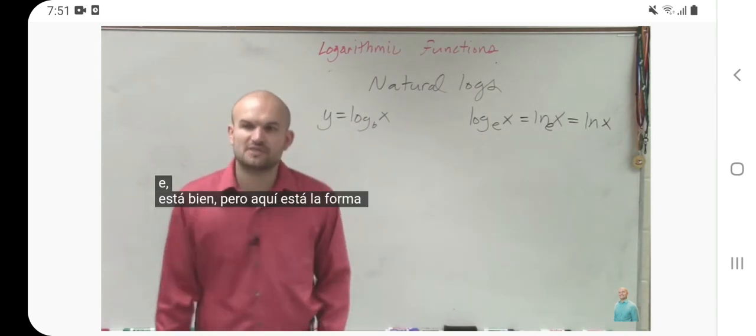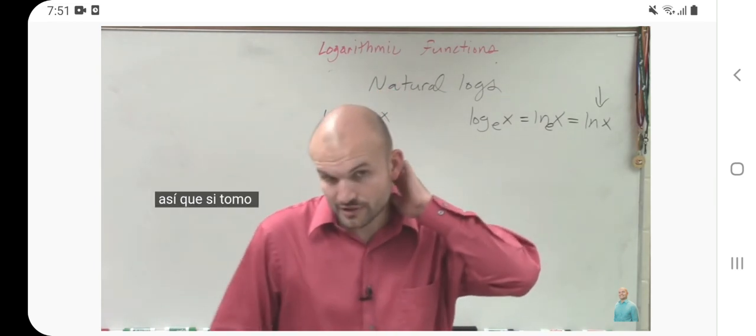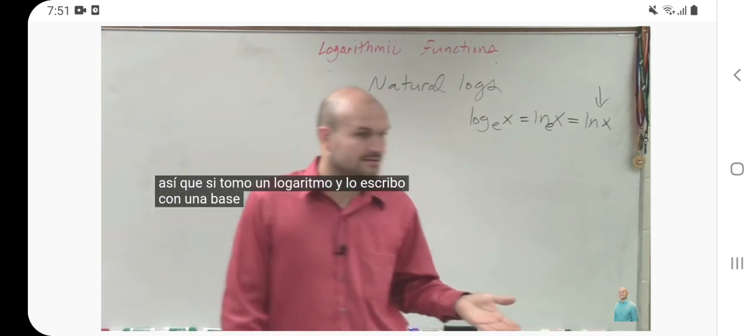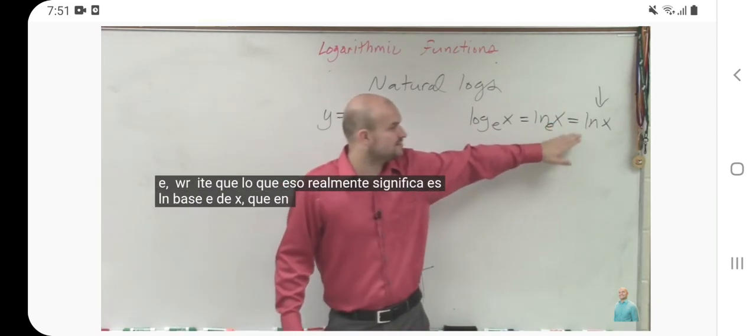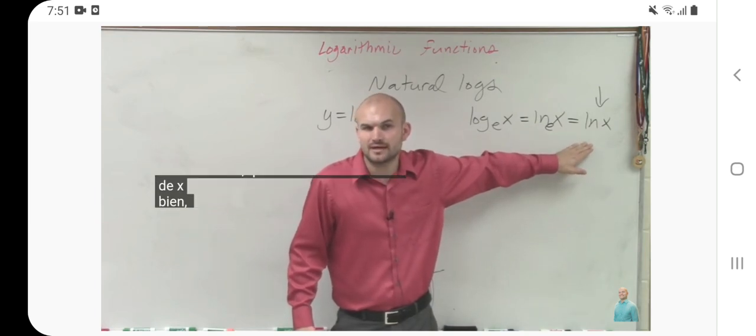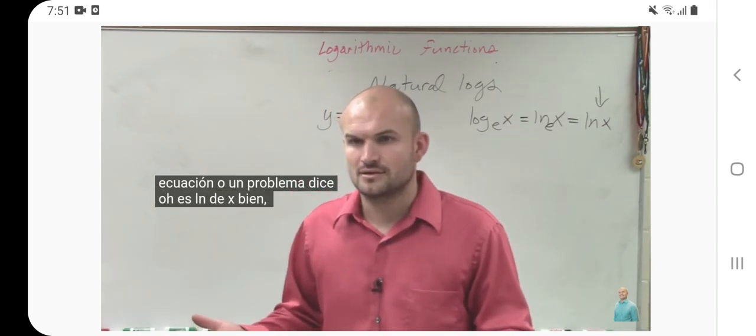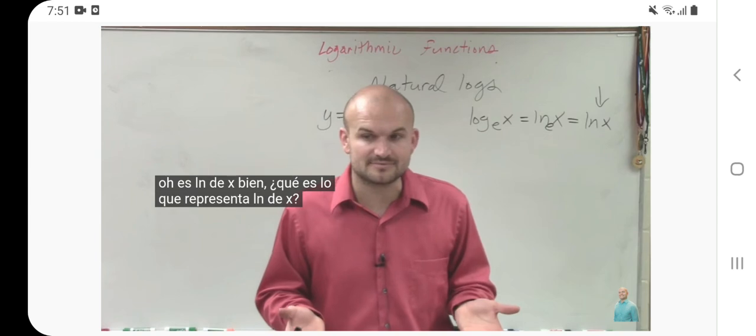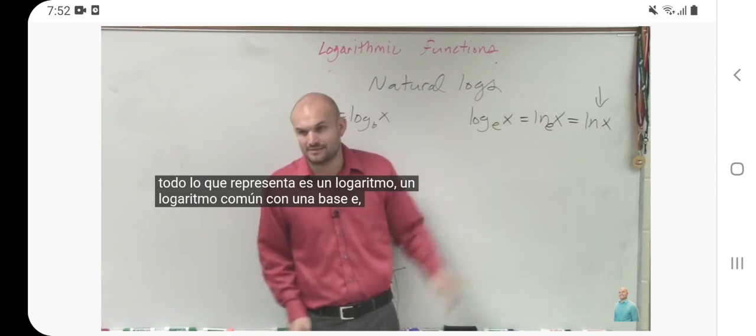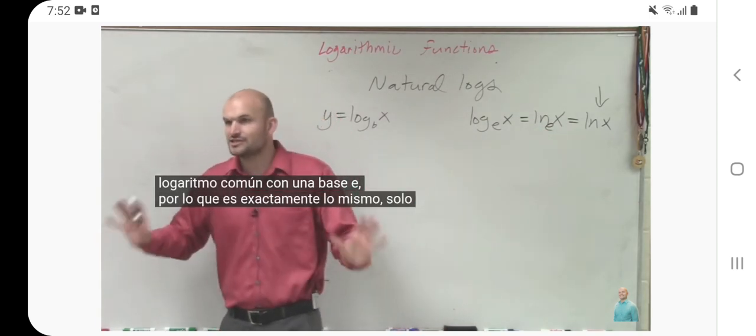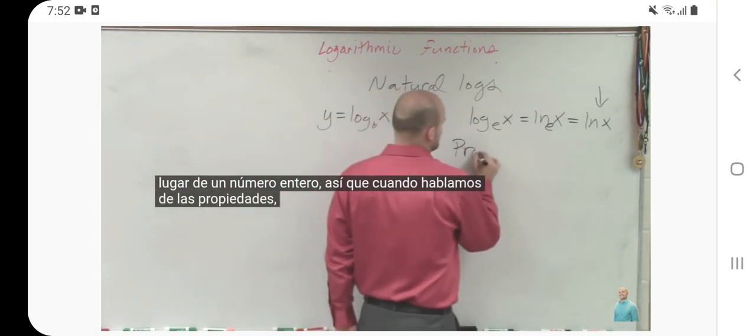Okay? But here is the form that you guys are going to see it in. If I take a logarithm and write it with a base e, what that really means is log base e of x, which is really just ln of x. So if you see an equation or a problem and say, oh, it's ln of x, what does ln of x represent? All it represents is a common logarithm with a base e. So it's the exact same thing. It just means the base is e instead of an integer. So when we talk about the properties,